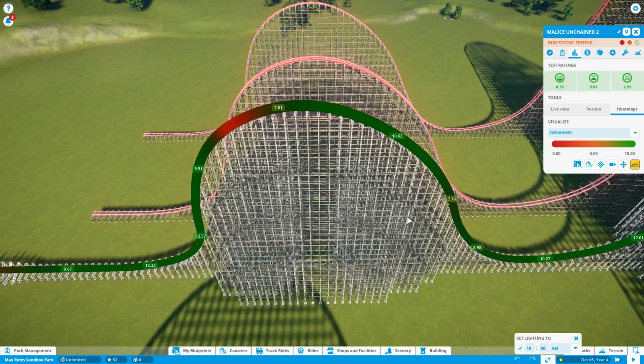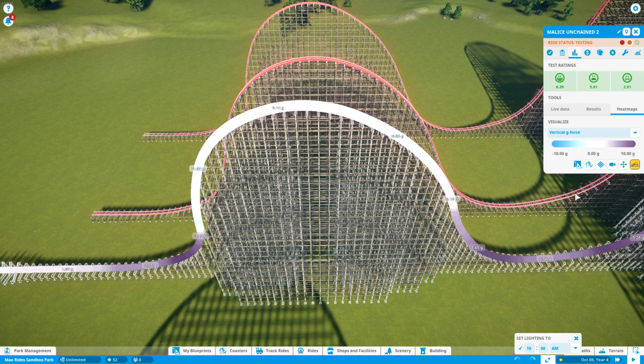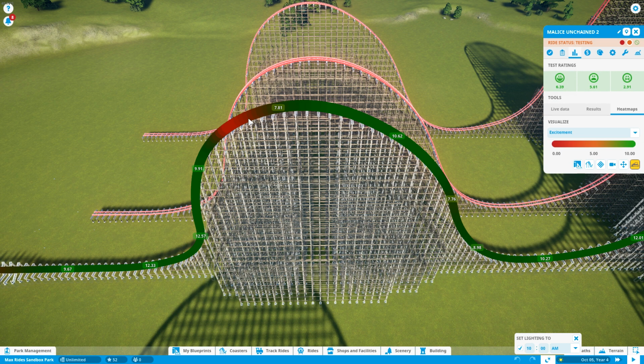If you are above 1 G previously, now being just above 0 is going to be sweet. However, you see right here, 0.14 G right there, just barely. Now, previously, that still would have given you tons of excitement, but now look at it. It falls right off. So that's the biggest change to Airtime Hills